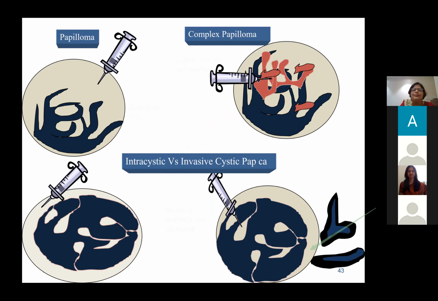So just to show you why this problem occurs. Now imagine if you have a cyst with a papillary tumor. If you do an FNAC, then it hits only the fluid. You will end up calling it a fibrocystic change. If you do an FNAC or core and take only the atypical area, you will overcall a papilloma as DCIS. If you do a core biopsy, you may miss the same thing, you may miss a DCIS in the same lesion. If you have an invasive tumor associated with a complex papilloma or a papillary carcinoma, obviously if you don't target that, you're not going to get it. So these are the reasons why you have errors in a core biopsy of a papillary tumor.